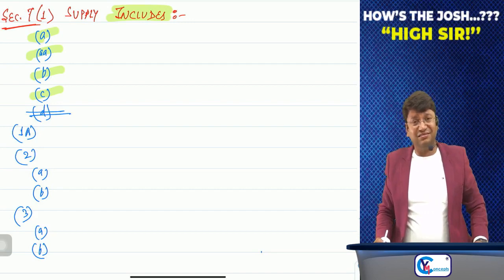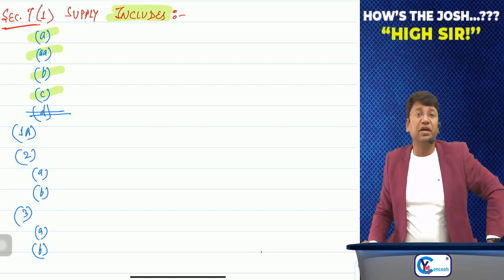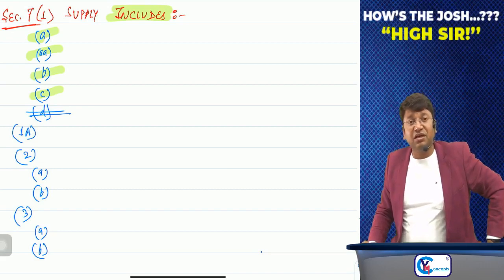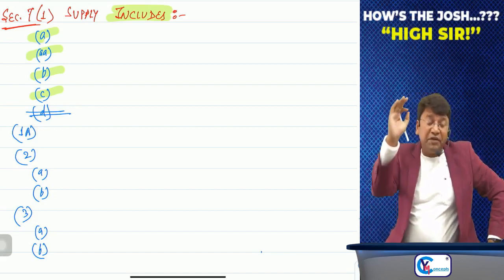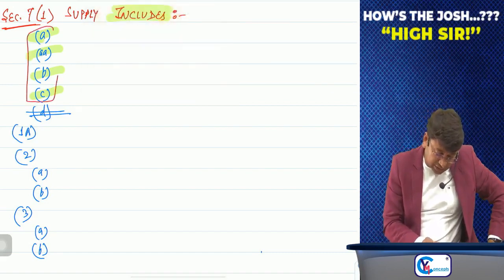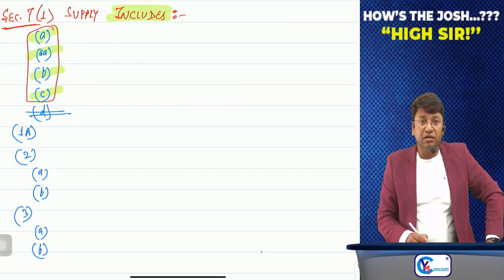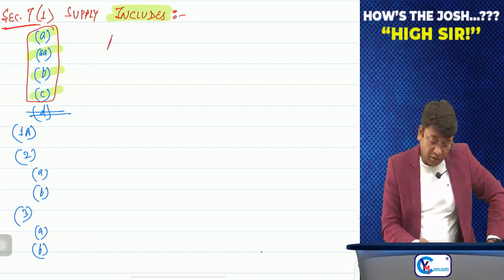It means that the term supply is an inclusive definition. This is not an exhaustive definition. Inclusive definition means the definition is not limited to only A, AA, B and C. It means supply includes A, B, C, AA, and also